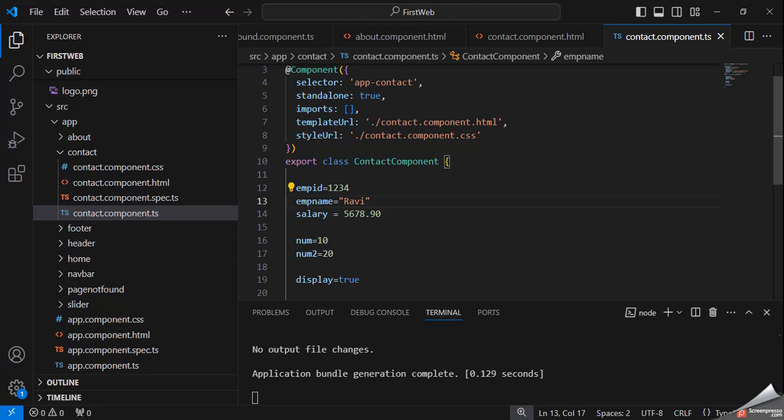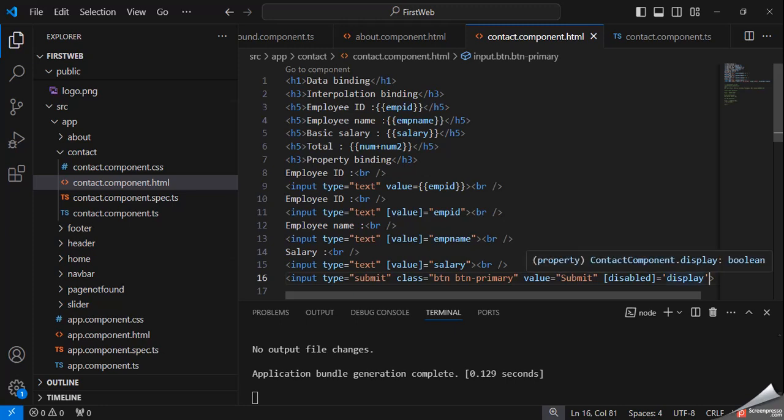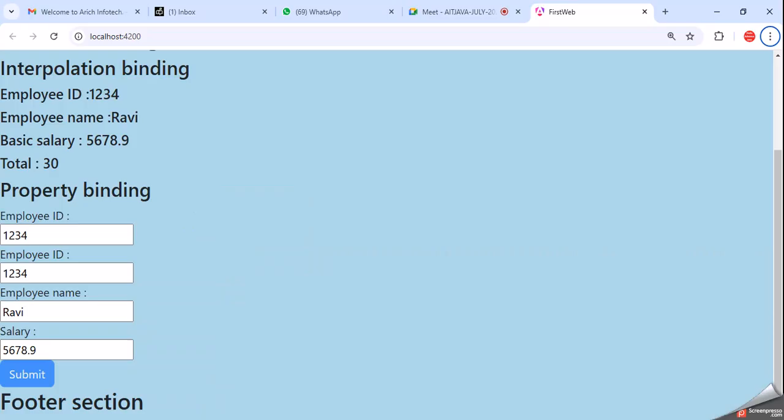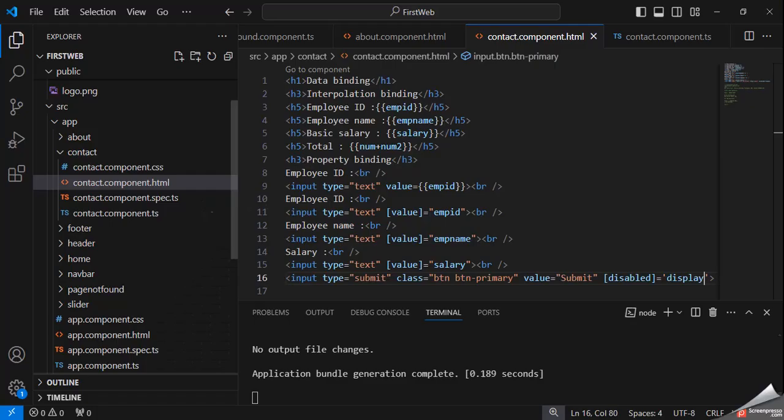And here display is equal to true. Oh, sorry, that is true.